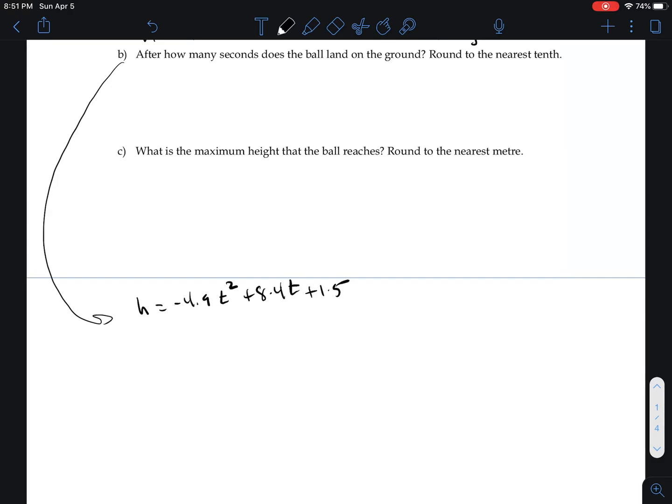Okay. Now, how many seconds is the ball in the air before it lands on the ground, right? So the word ground implies that, again, H equals 0. Right? And so I can just say, okay, well, that's going to come down here. It's going to be 0 equals